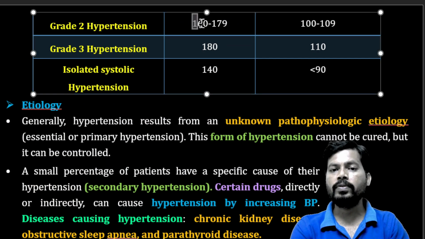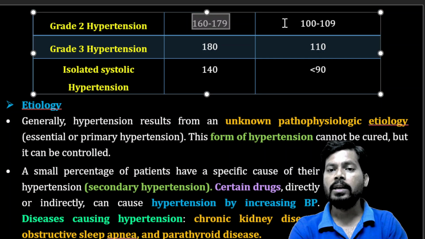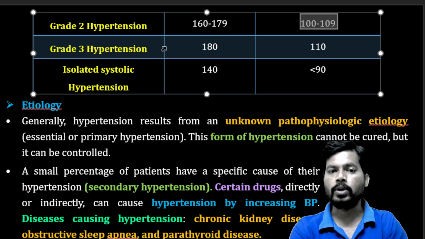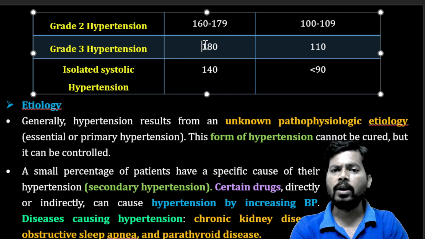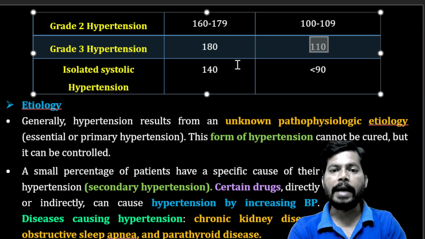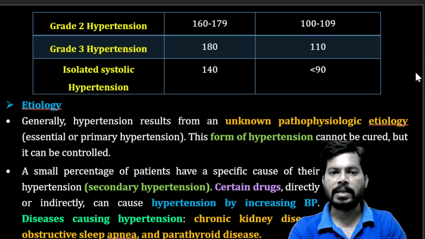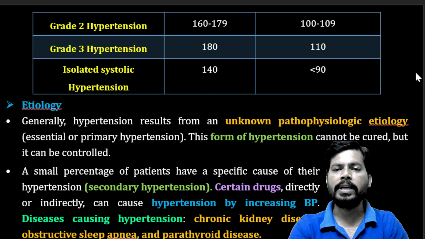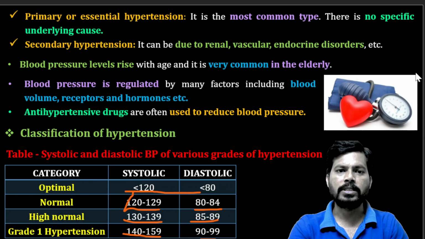systolic 160 to 179 and diastolic 100 to 109, and grade 3 will be 180 systolic and 110 diastolic, and isolated systolic hypertension is 140 systolic and diastolic less than 90. So this is a simple table indicating the ranges of hypertension, and in hypertension there are mainly two